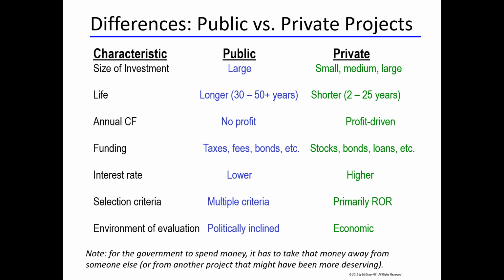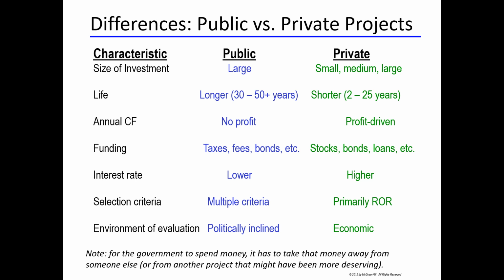If you know that the government is able to legally force people to give you money, that's a very secure investment when you know that the person that you're loaning money to has the legal authority to take money from the people who live there. So the U.S. government, for instance, is able to borrow money over a 30-year period for about 1%. And there aren't too many private companies, if any, that would pay as little as 1% for loans that last 30 years, because there's no private company that has a revenue stream that's as secure as the federal government's legal